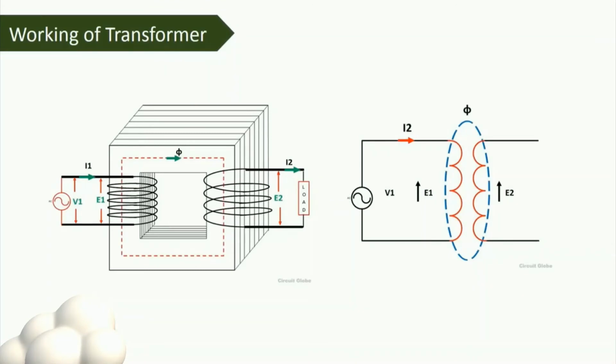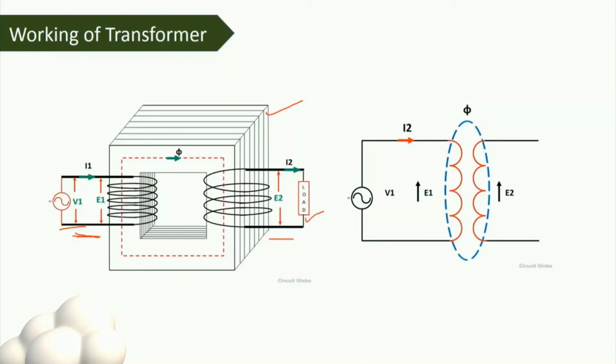The next part is understanding the working of the transformer. As I said, there will be a single steel core, which is laminated properly, and there will be two coils. You can see that input is applied at V1, and therefore E1 is the EMF produced at the input, and the output will be the load, where we have shown the EMF as E2. So what happens when the input is applied to V1? Current flows through the first coil. I1 is the current which is flowing through the first coil.